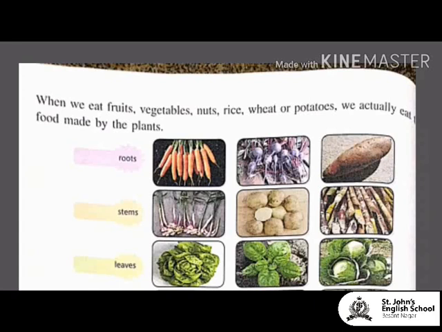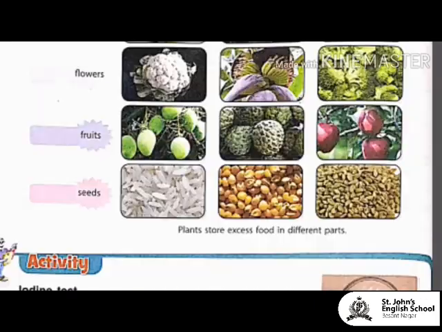In some plants, the food is stored in flowers. Examples like cauliflower and broccoli, they are the flowers where the food is stored and we are able to eat them. They become edible when the food is stored, so that we are able to eat them. And in some of the plants, in fruits, the food gets stored. Mostly what are all the fruits we are eating, there the food gets stored. That's why they become juicy, swollen, fleshy, and we are able to eat them.